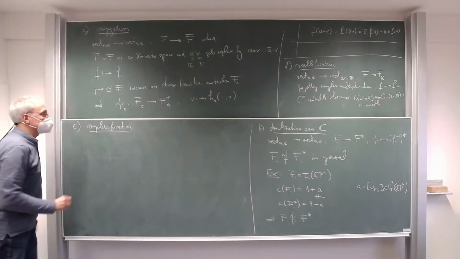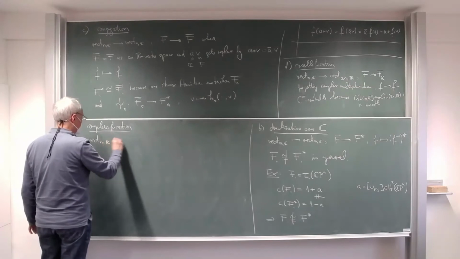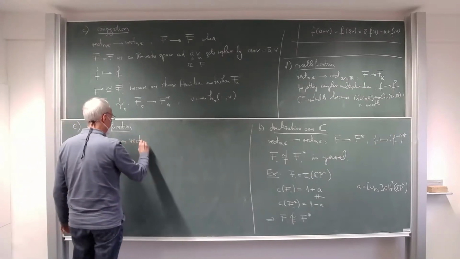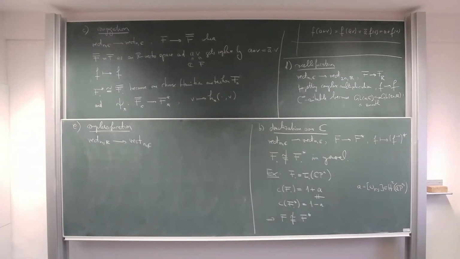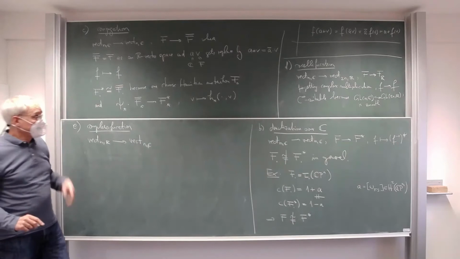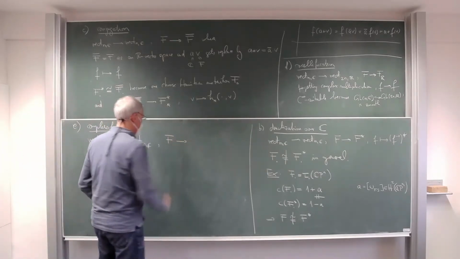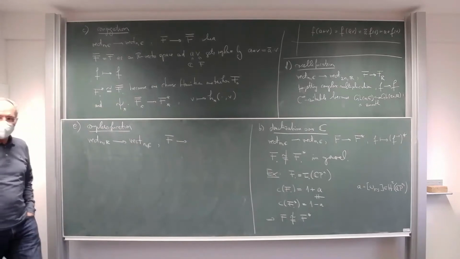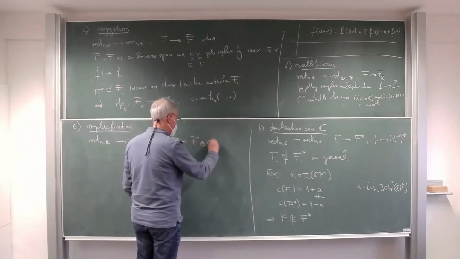So that's the last one. So this goes in the opposite direction. We start with a real space and associate to it a complex vector space of the same complex dimension, so twice the real dimension. And here the space, which is a real vector space, gets mapped to this space tensored with complex numbers over